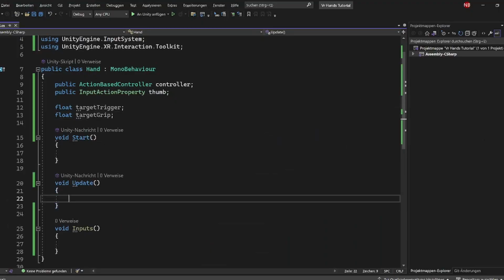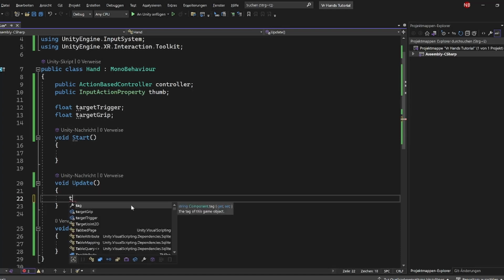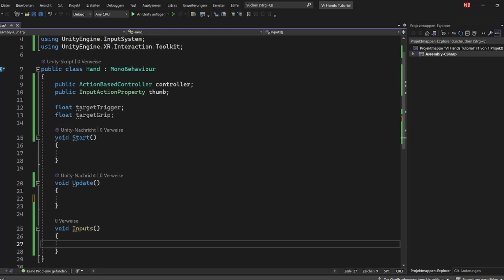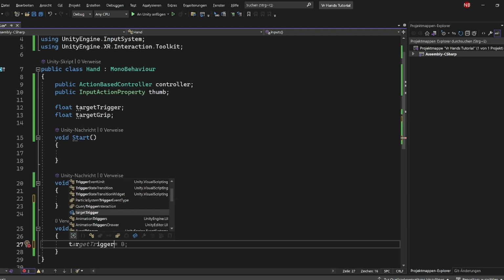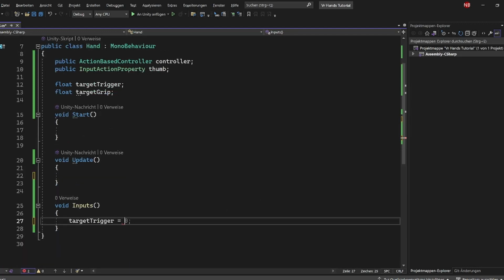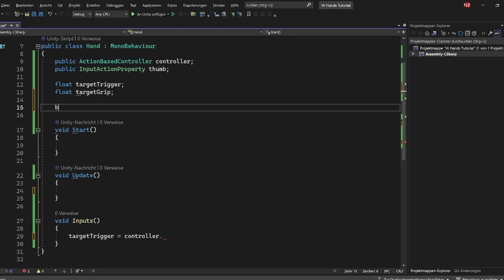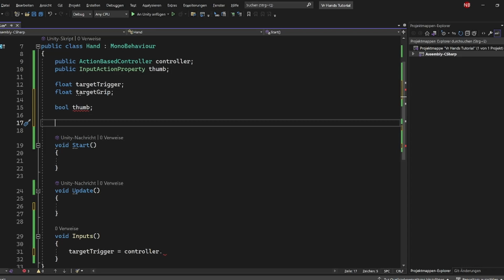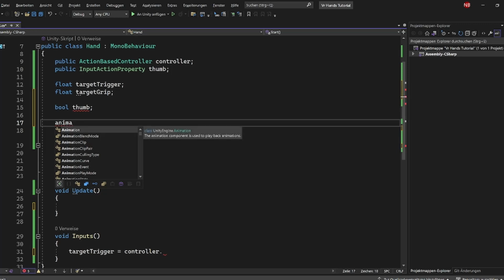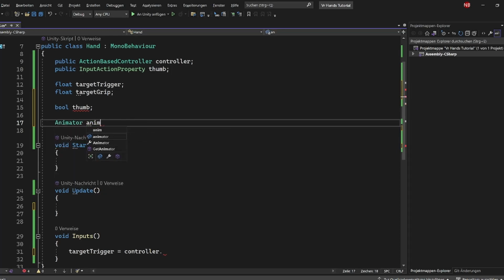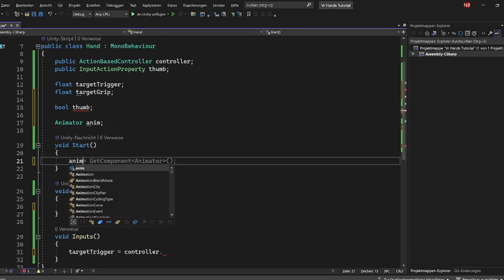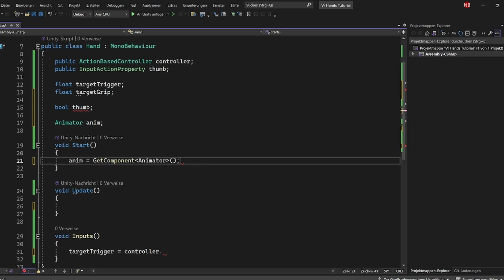Okay, in the update we can set the target. Sorry, set trigger target, trigger equals controller. We can bold here, that's called pump. And we also need animator. This we can set in start: anim equals get component animator. And this is